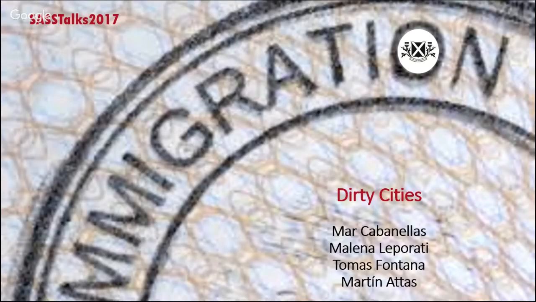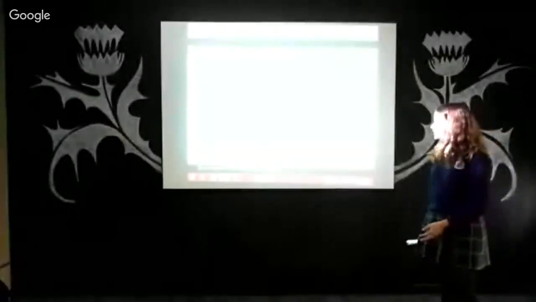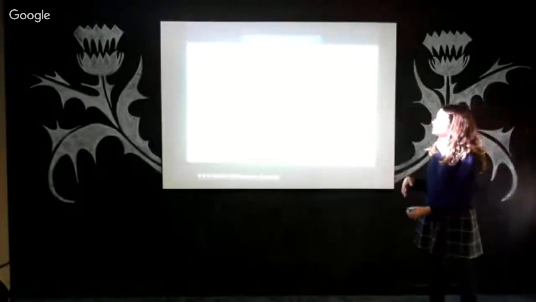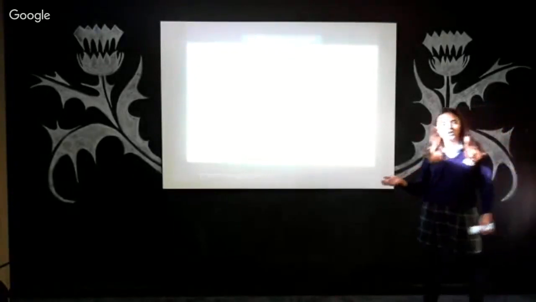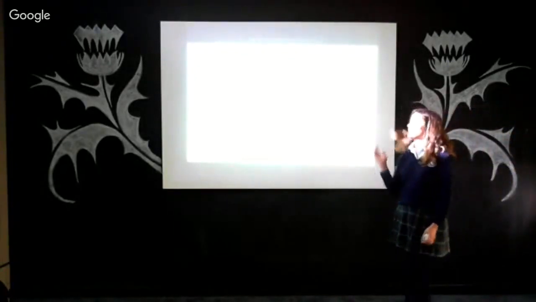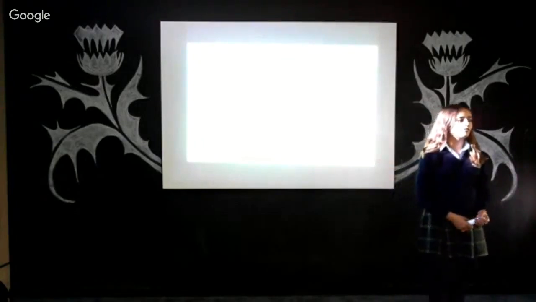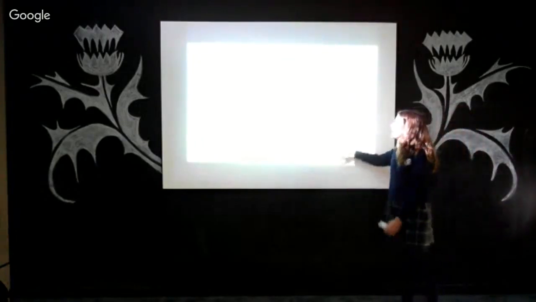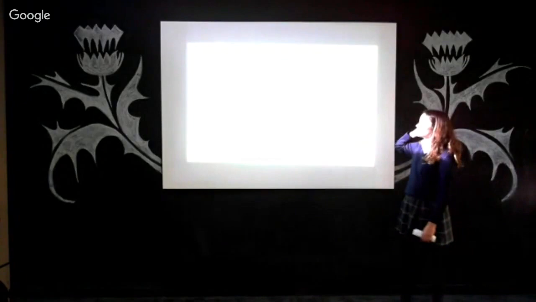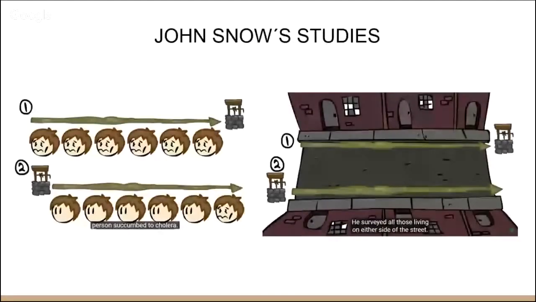So, this video explained a little more about where cholera came from and the conditions that people lived in London. John Snow was the one who had the major theory of where cholera came from. And this was one of his tests: on one side of the street, he tested the levels of cholera of people